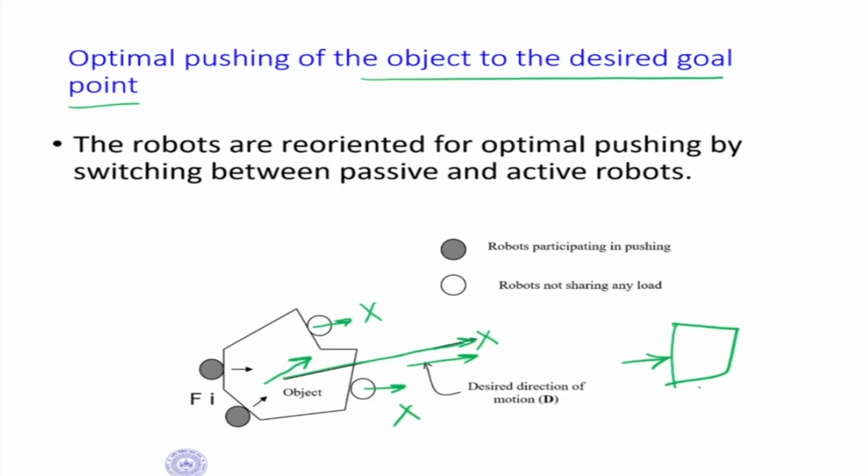Okay, then if this is pushing, then the next one is pushing. So this is 1 and this is 2. So when 2 is pushing, it is going this side. Then again 1 is pushing, then again 2 is pushing. So it is going in a zigzag path, but the net resultant is in this direction. Okay, so you have to choose your net resultant such that it is an average of the zigzag motion that we are getting. So this is my net resultant motion. Okay,